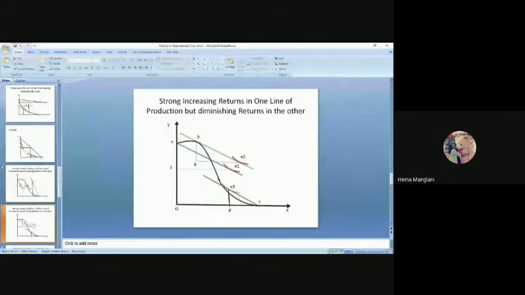Okay, everyone. You all have seen the strong increasing returns in both the cases, the flatter prices and the more steeper prices. Fine. Now there is an assignment to all of you. You need to draw the second case of it. The second case is the mild increasing returns are now associated with the commodity X, and the diminishing returns are associated with the commodity Y. Fine. And then you have to follow both ways of prices, if the price line is steeper and the price line is flatter. So with this, you need to draw the second case over here.